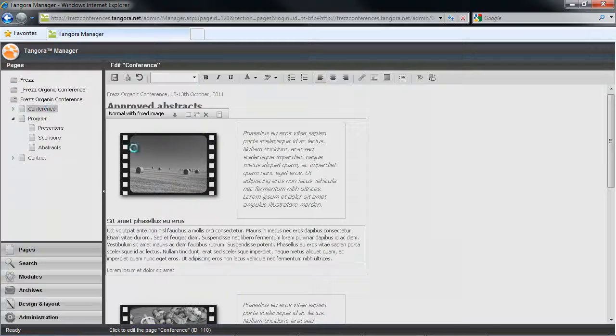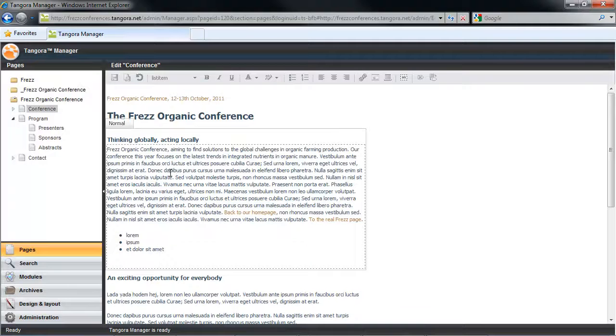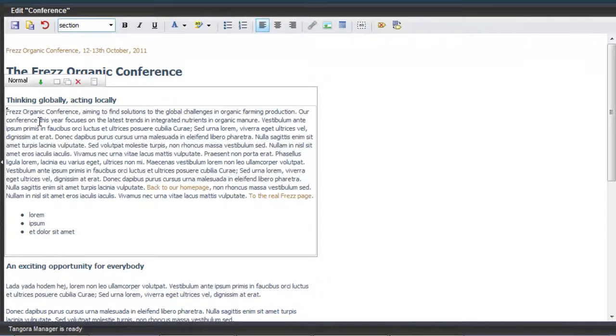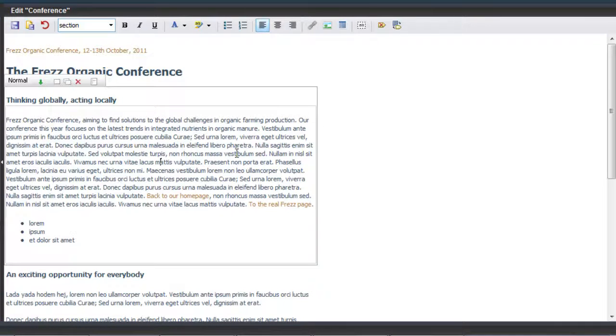But you may also have the option to add an image integrated in your body text, again depending on the section layout that you're working with. And for the rest of this video, we'll be looking at the process of adding an image in the context of a body text. So to insert an image, I'll just need to position my cursor there where I'd like to add an image. I could actually add my image wherever I wanted, and it will be integrated into the flow of my text.